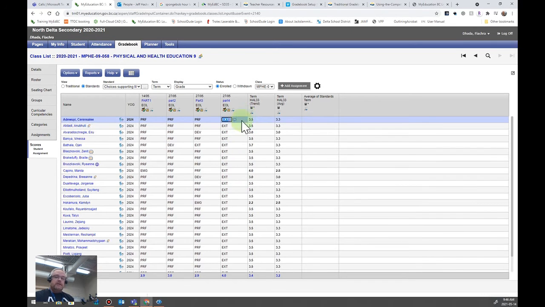Philosophically, the idea behind curricular competency grading, though, is to look at trends to see the values and to be able to see where we need to grow and change as learners and as teachers. So we're not necessarily looking to turn these proficient, emerging, developing, and extending into a 3 out of 4, a 2 out of 4, a 1 out of 4,